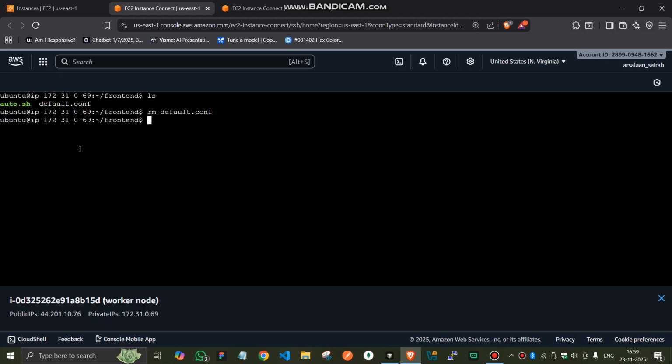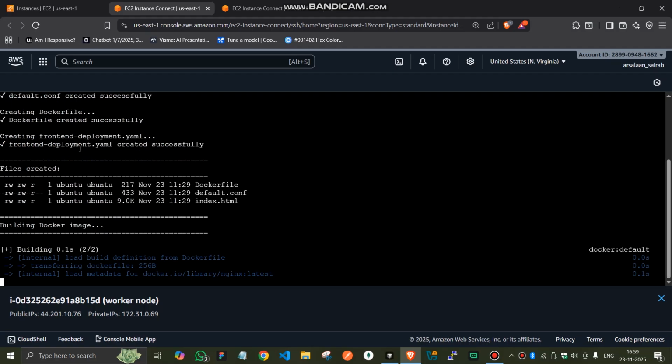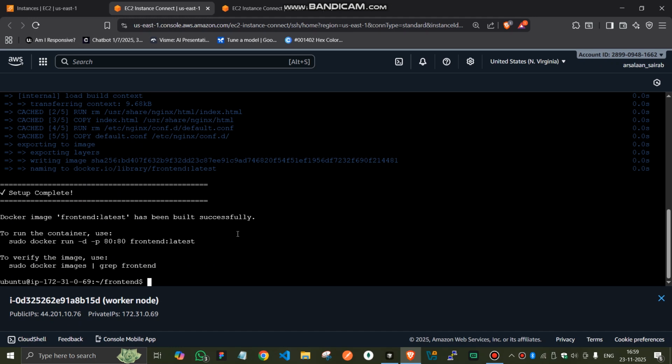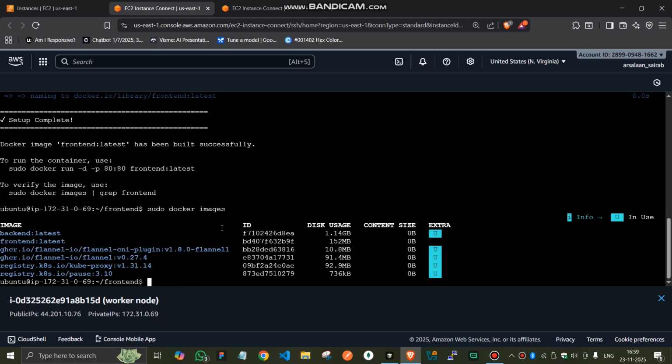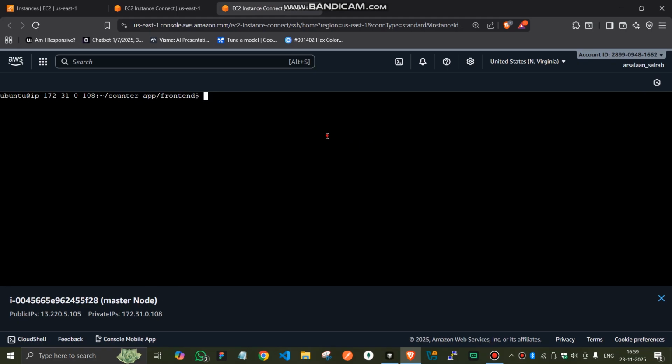So I will type ./auto.sh, and yes, on the worker node, the frontend image has been created. As you can see, the frontend package image has been created. Now I will go to my master node and check that my pod is running. If I type kubectl get pods, you can see that there is one pod named backend deployment and something,